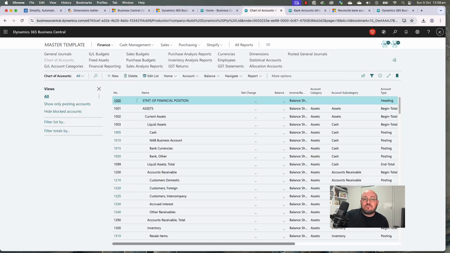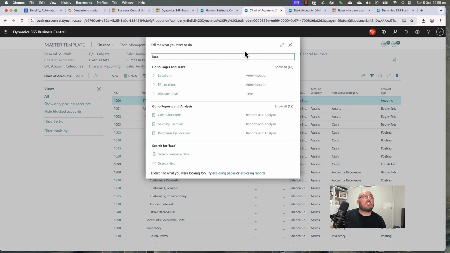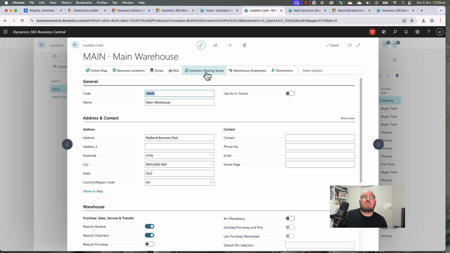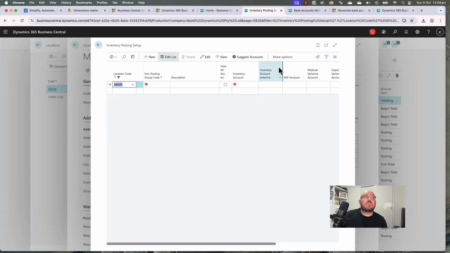Okay. So we've done our product, we've done our GST, we've done our customer and vendor. Let's now look at what we refer to against the location. So I'm going to go back to my location. I'm going to show you where you get to the inventory posting group. So there it's got inventory posting set up here. Okay. And the posting setup is going to refer to,